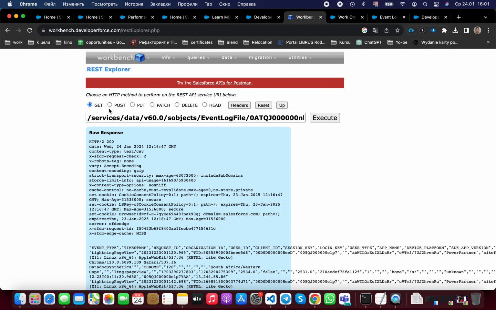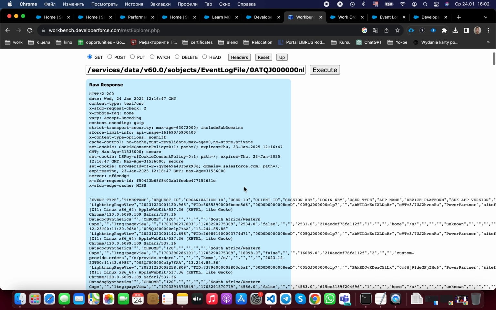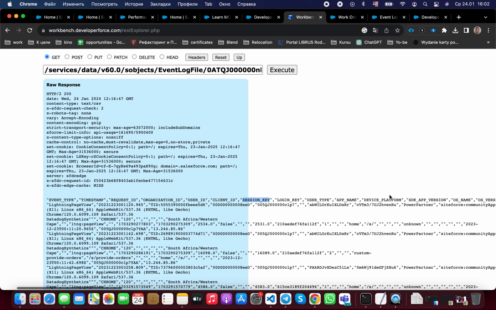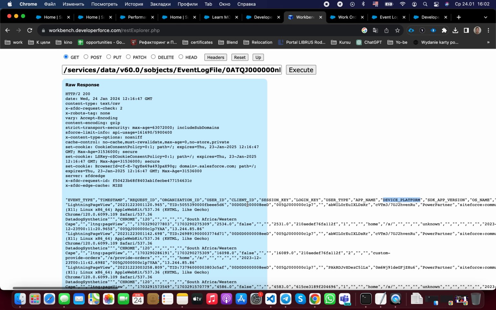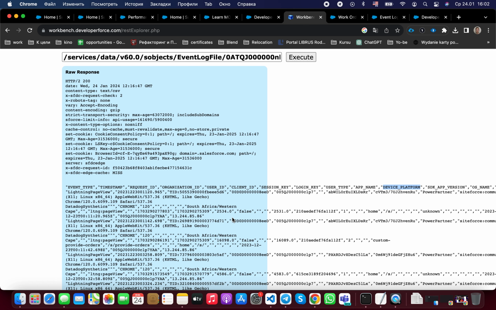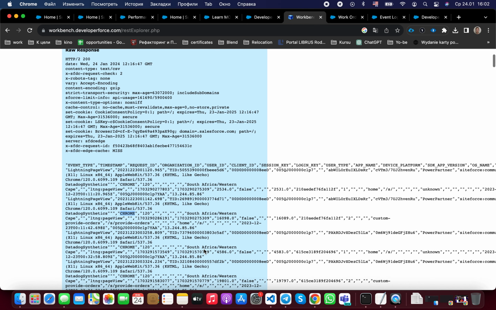Once we get it with a GET request from the workbench, we could see a number of columns. Let's say what was the organization ID, user ID, what was the session key, the type, what was the device, and so on and so forth. And here we will be able to track all of this. What was the browser, what was the country, what was the time spent for that specific request,